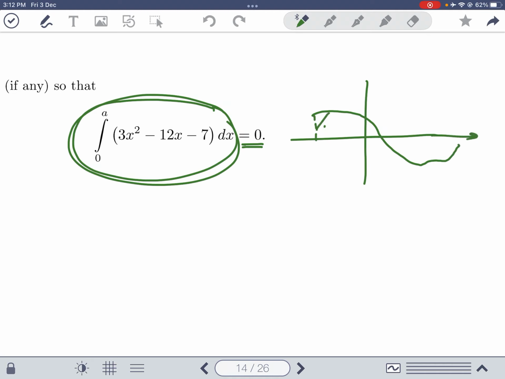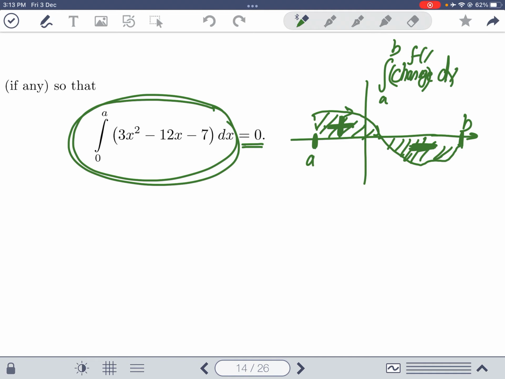So when it computes this area, it will give it a positive charge or positive sign, and anything below the x-axis, it gives it a negative sign or charge. And then the integral from, let's say, this point A to this point B of our charge, if you want charge, dx. So the charge is a function that they give it to you here. Usually they write it f of x